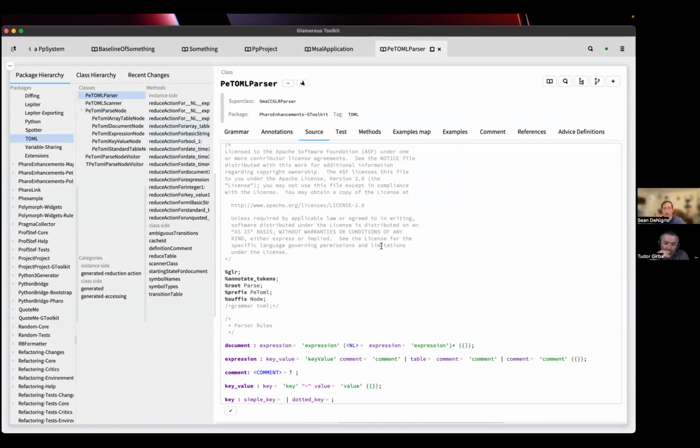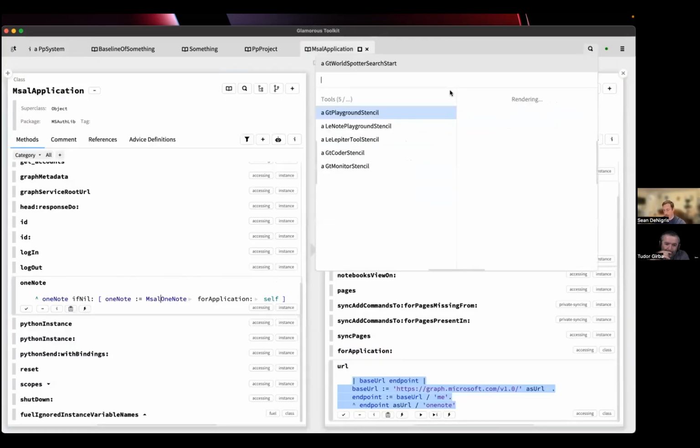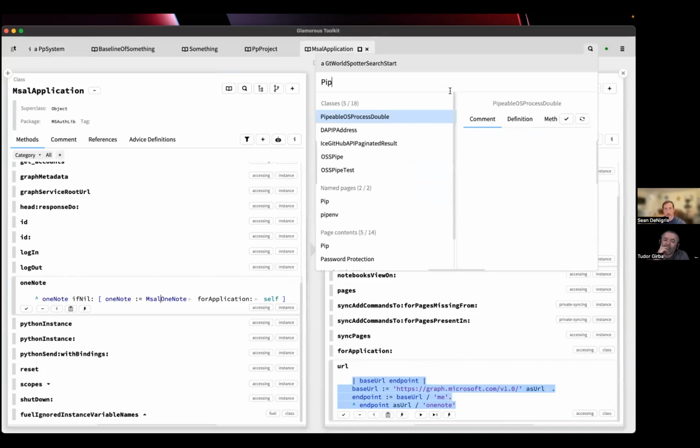John Brandt and I did a whole YouTube video detailing that process, which people can check out if they're interested. So now we have a full TOML parser, and we have a pip file object,